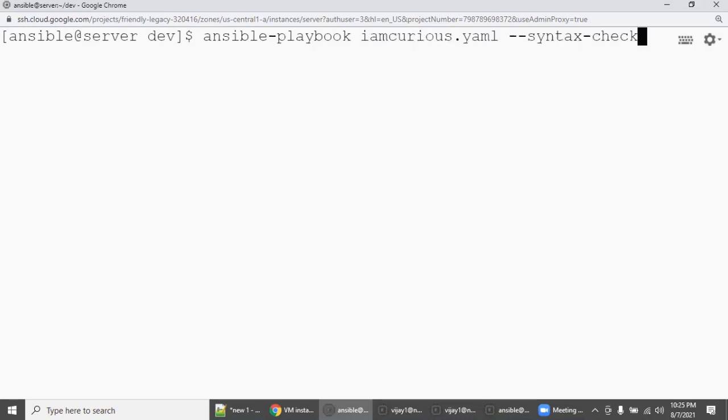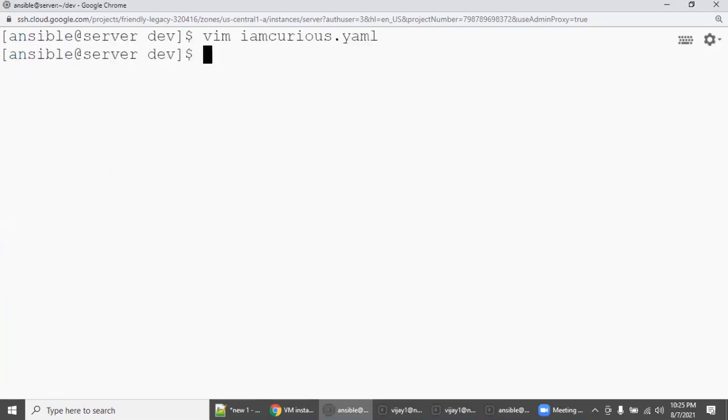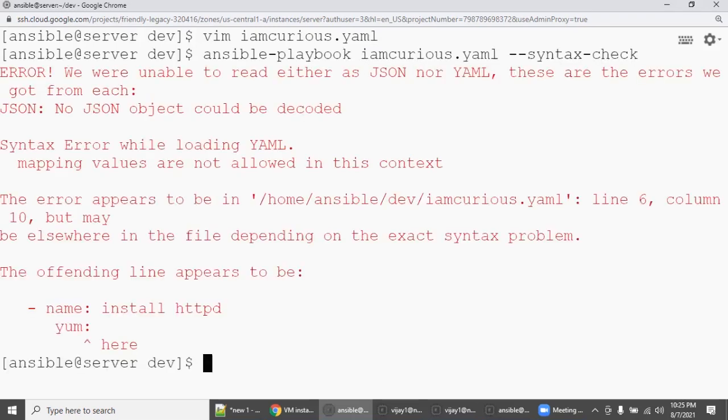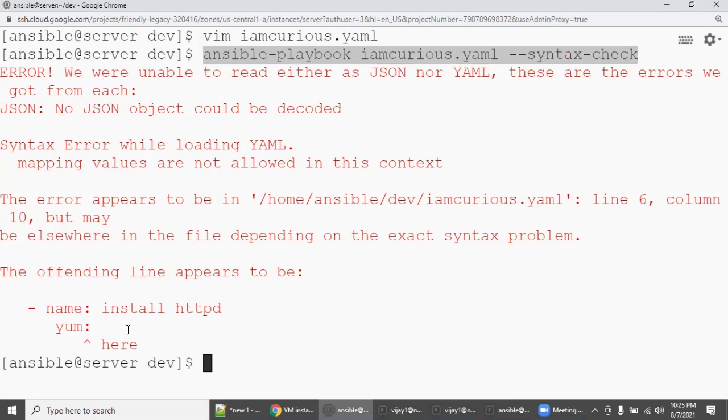So go here. We are going to make an error intentionally. So in insert mode, I am going to create some error on purpose. Now if you do a syntax check, automatically it will point out where the issue is. See here. That is why it is always advisable, if you are starting Ansible learning as a beginner, to always start with this. You write the playbook and every time you do a syntax check, automatically you will get some clue, right?